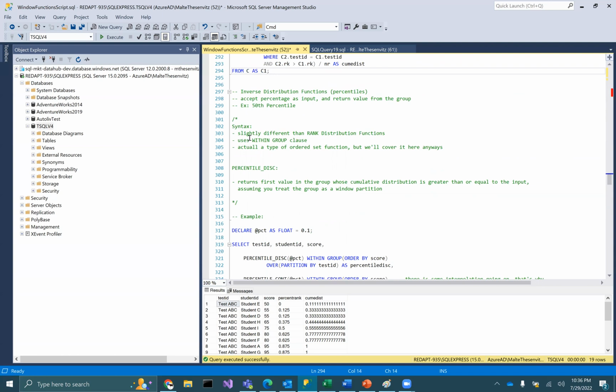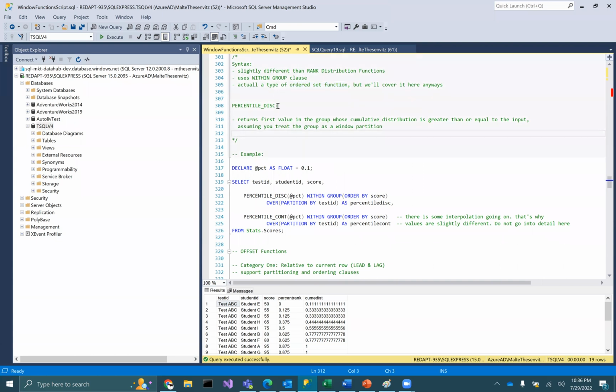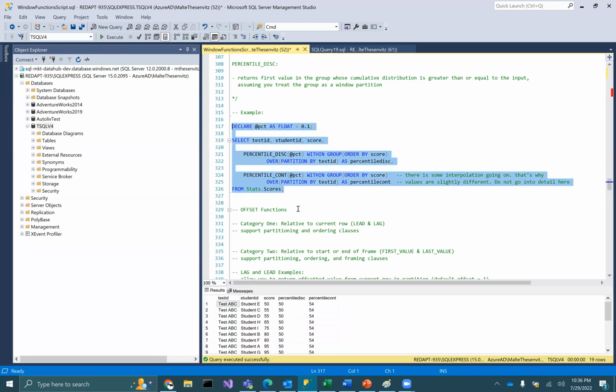The syntax, however, is slightly different. So you use a WITHIN GROUP statement here, meaning that those functions are actually called ordered set functions, which are slightly different than window functions, but I'll cover it here anyways. And yeah, so percentile discrete returns the first value in the group whose cumulative distribution is greater than or equal to the input. And the percentile cont is pretty similar, slightly different in the math behind it. Again, I can't go into details here because I'm running out of time, but if I execute them, you will see